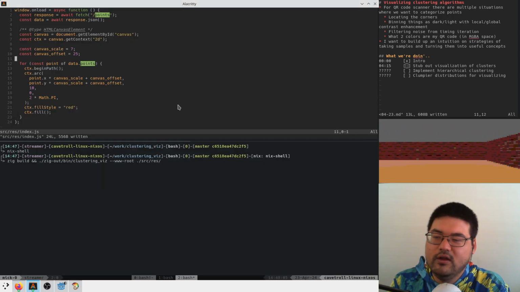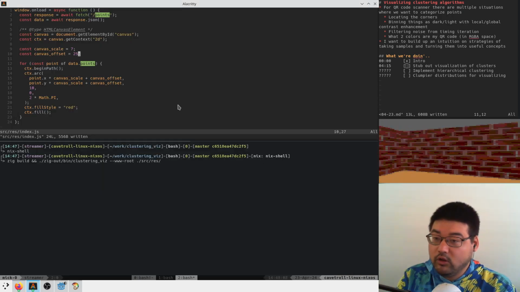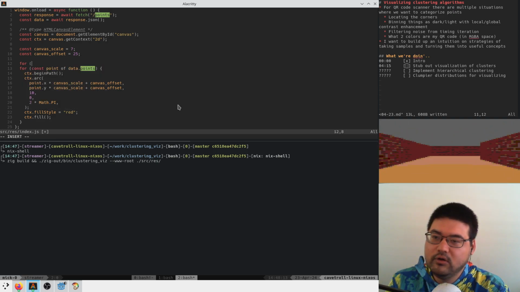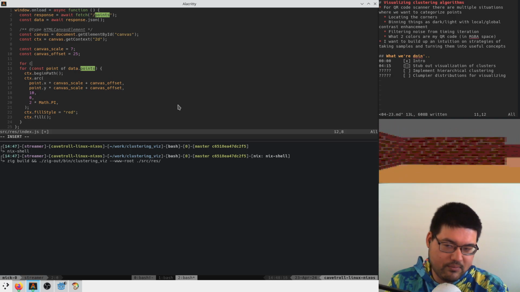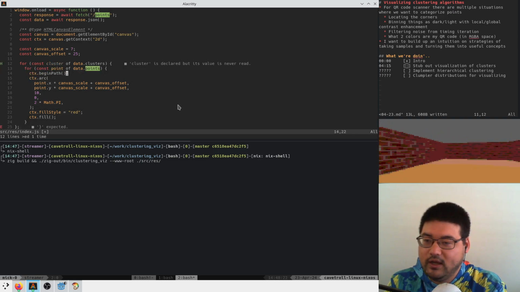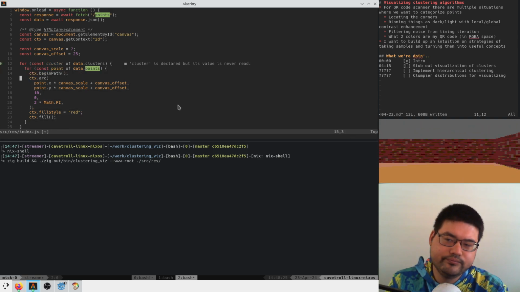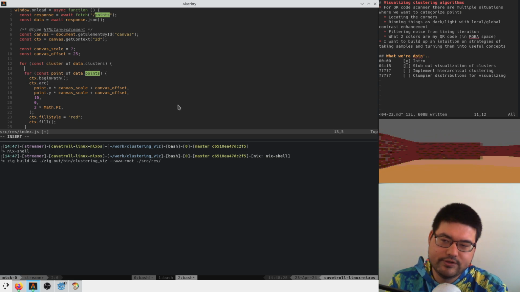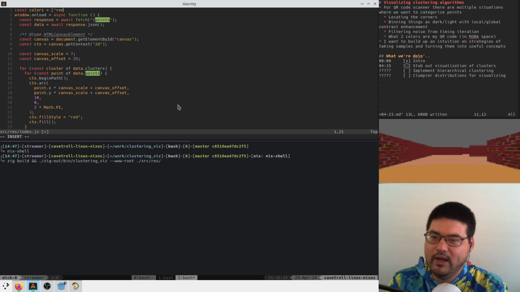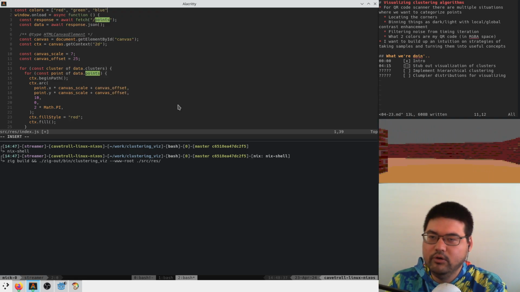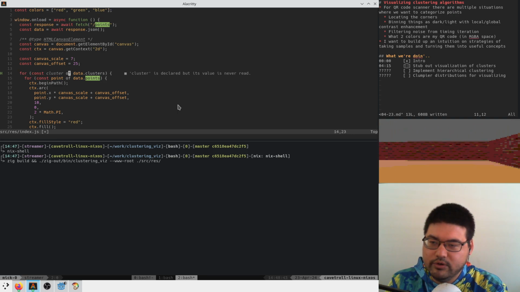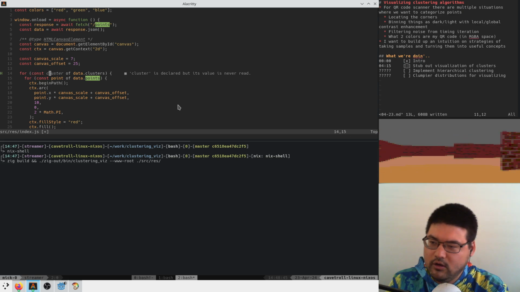And then for each point, we're going to want to look it up in the cluster. So probably what we're going to do is iterate our clusters first. I think that makes sense. And we'll pick a color for each cluster. So I guess we'll say const color is equal to red, green, blue, right? And then down here, we'll say that our